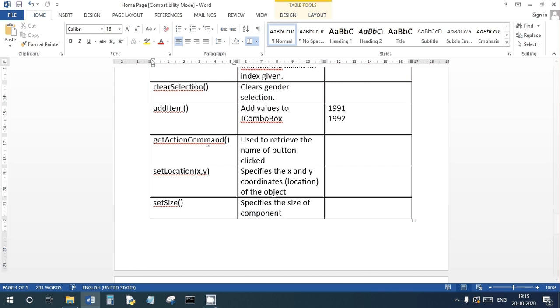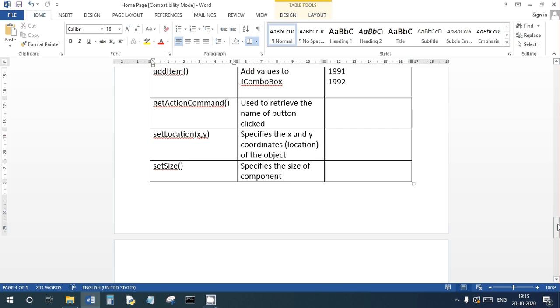Okay, and I'm not going to use any predefined layout managers like flow layout or grid layout. I'm not going to use any layout managers. I will add components to the JApplet window manually using the set location function. See here, set location takes two values, an x value and a y value, that stand for the x-axis and y-axis.